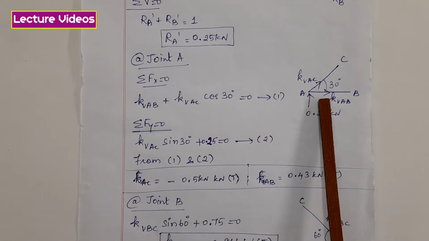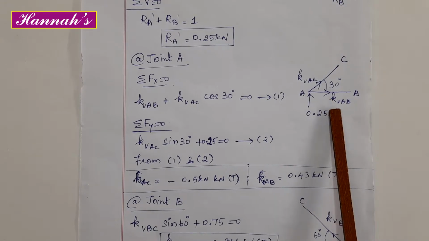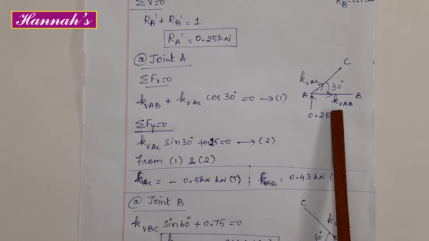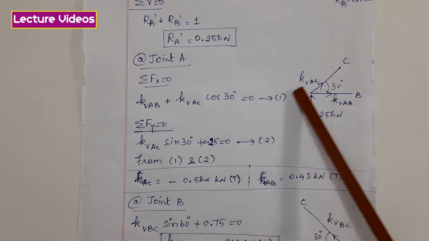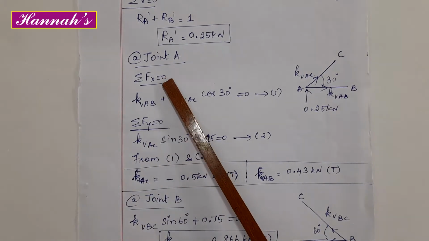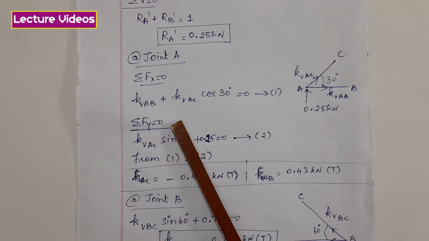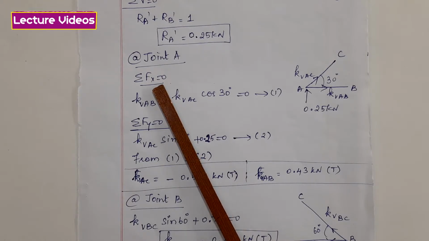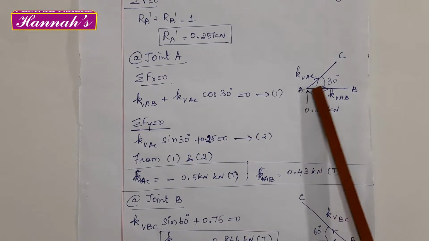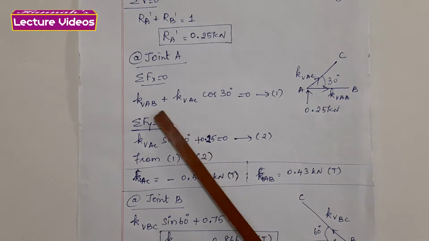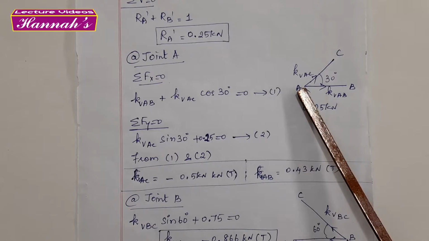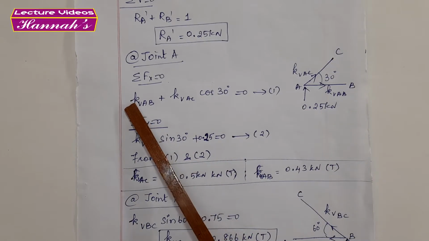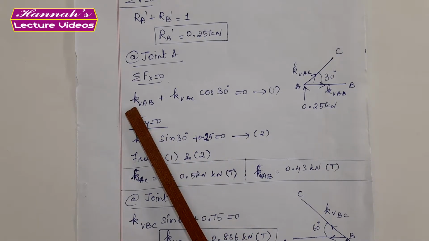Let the notation be KVAB. Why do I write here KV? This denotes the axial force calculation for vertical deflection. So KVAB, KVAC. Sigma Fx equal to 0 and sigma Fy equal to 0 are the two equilibrium equations. So at joint A, if I make use of sigma Fx equal to 0, I write all the x directional force, whether it goes in the positive x or negative x, and form an equation. See here, the force in AB, remember KVAB goes in the positive x direction. So here it is positive KVAB.